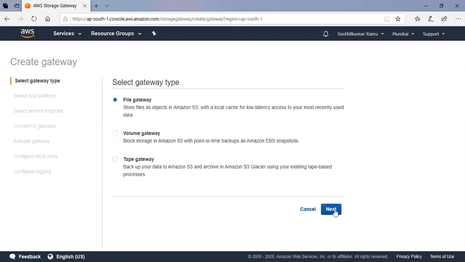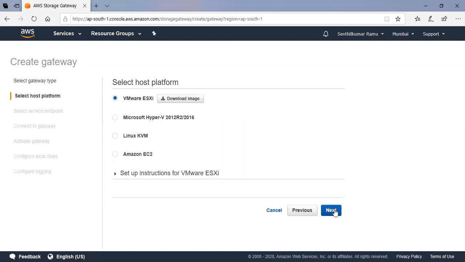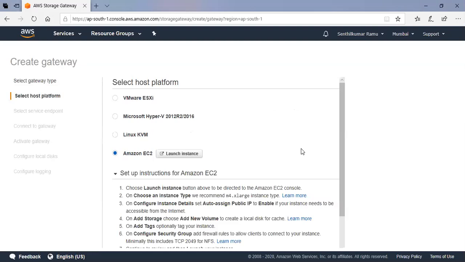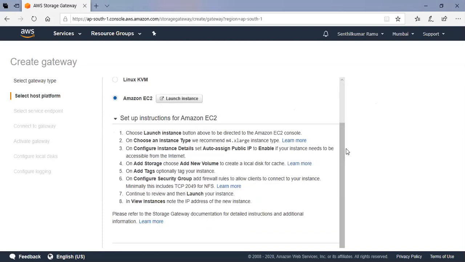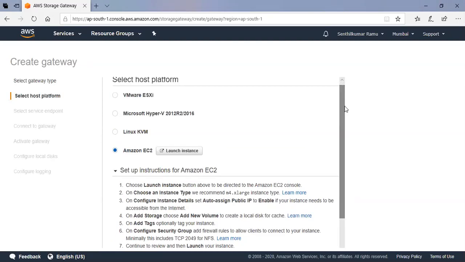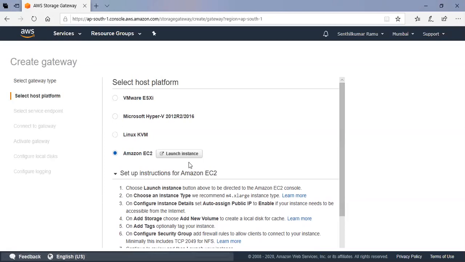But Amazon also has an appliance for huge data which cannot be copied over the network, even with a 1 GB or 10 GB dedicated link to their service. That also is an option, isn't it? Correct. See, imagine a situation of a file server. Windows file server is one type of file server, Linux is another, and this is another appliance. We will do this as an exercise, and you'll all understand how the gateway works.